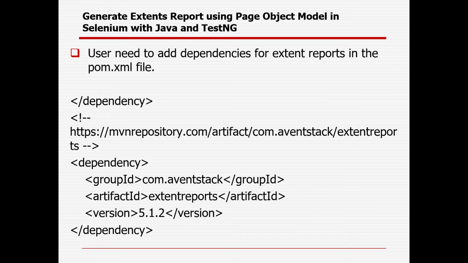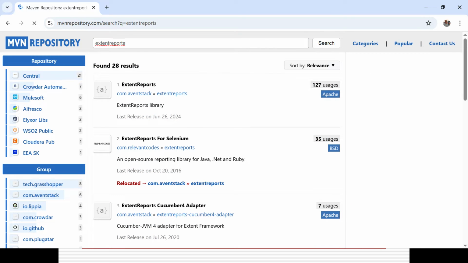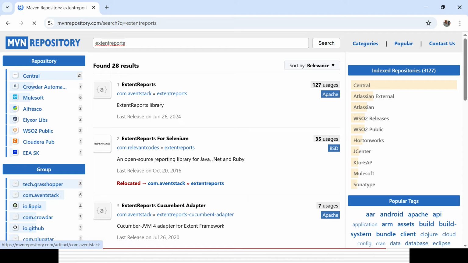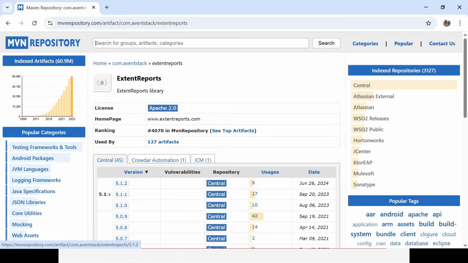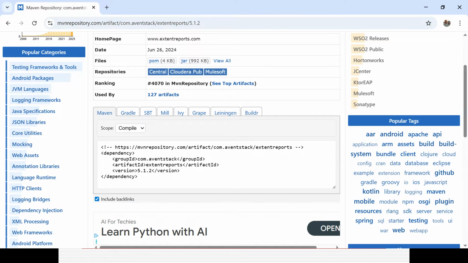So what we will do, we can simply go to the Maven repository and type "extent report", and click on search. It will show you the extent report dependency, which comes from the com.aventstack packages. If you click here, you can see the latest version available is 5.1.2, released on June 26, 2024. You can open that latest version,